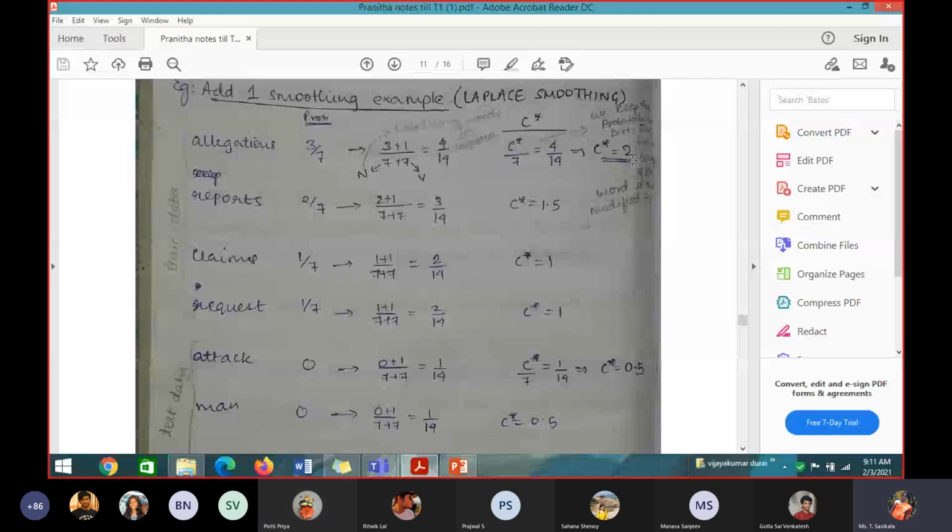You finish off all 4, then I will tell you. So report, what is the value you are getting? C star you have to calculate after finding this Laplace. You have to find the effective count. To find the frequency, this is a probability, divide by the total number of words to get the frequency. So the number of times the allegation occurs is 2 times now instead of 3 times.